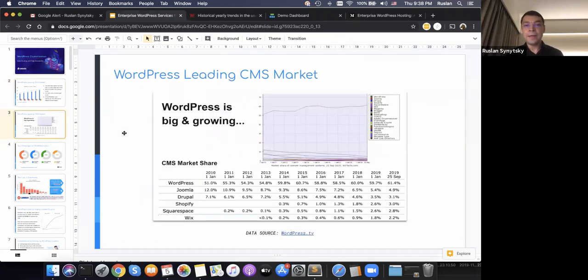And if we compare different CMS, you can see that WordPress is very much leading the current situation, more than 60% compared to others. It's a great number. It means people love WordPress, people use WordPress, and it's a great solution for different use cases.